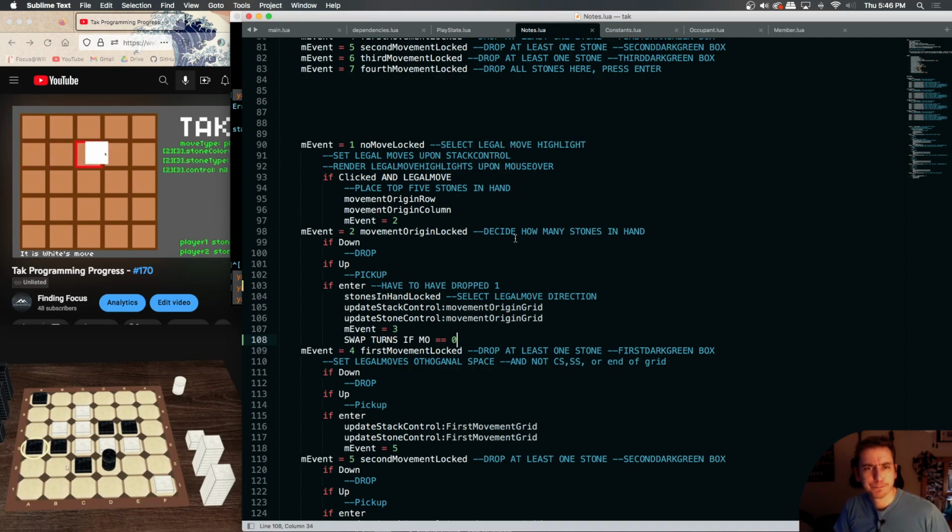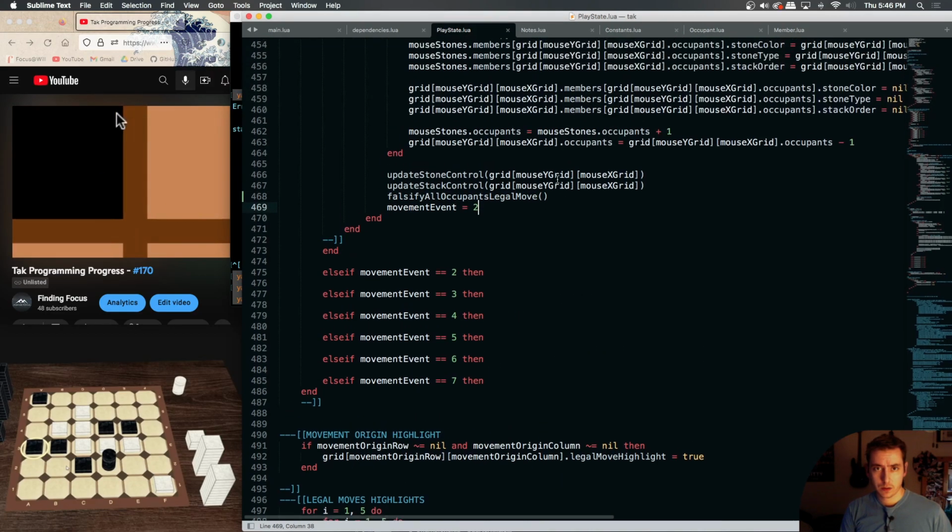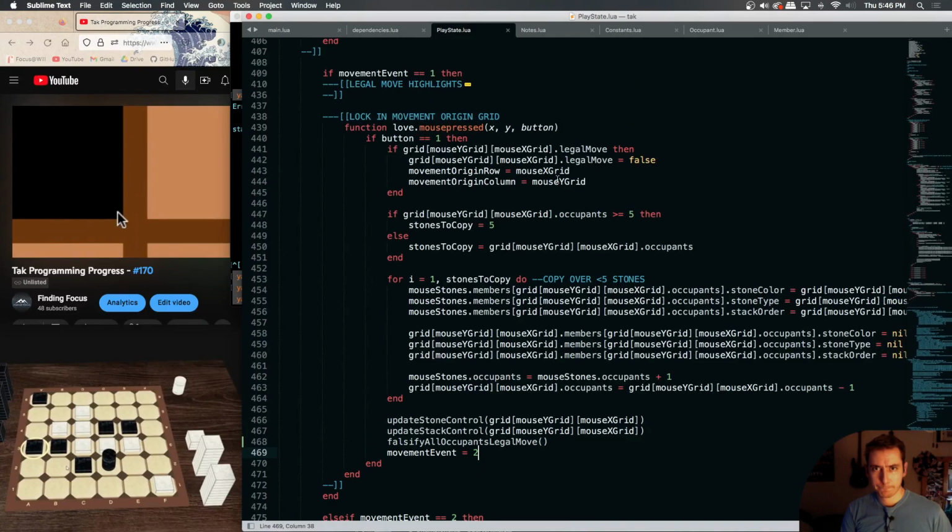Okay. Let's work on this. So we need to be able to drop stones from our mouse stones into our movement origin. Now we do have a movement origin row and movement origin column locked. Right here. So we're gonna,